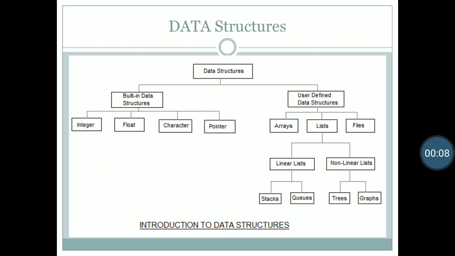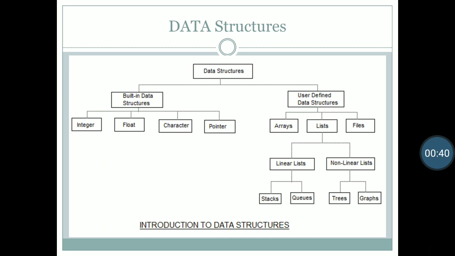In the previous video, we talked about the basic meaning of data, the basic meaning of information, and the meaning of structure. What is a data structure? What are the types of data structures, like primitive and non-primitive data structures? In this lecture, we are going to study types of data structure. So in the figure, we can see two types of data structure.